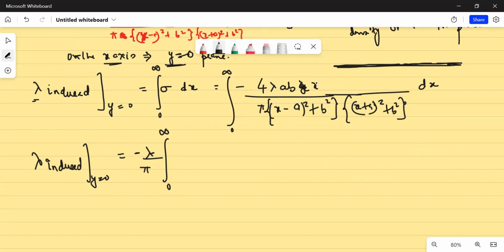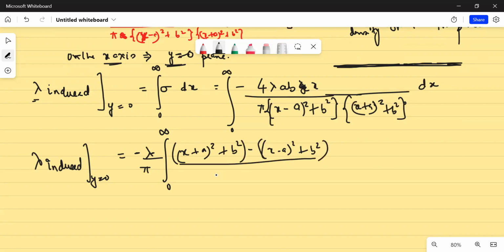And what I'll do, this is 4abx. So if you remember from your childhood classes, (x plus a) whole square plus b square minus (x minus a) whole square plus b square. If I want to find, here, (x minus a) whole square plus b square into (x plus a) whole square plus b square. Is that clear? If you subtract, then b square cancels with b square, and this will be